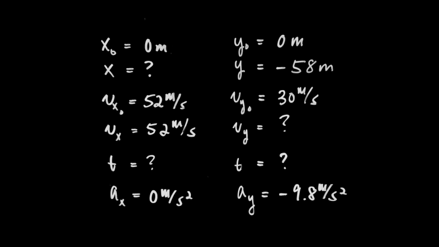It's a common mistake to force that to be 0 just because, and then the problem can't be solved, right? You'll get all kinds of nonsense out of your equations. That's never going to work. So it's really important to realize that I don't know that quantity. Time, I didn't know it on the x-axis. I don't know it on the y-axis. Acceleration, I don't even have to think about it. The acceleration is caused by the influence of gravity, which creates an acceleration of negative 9.8 meters per second squared. I've written it negative because I chose upward to be positive. Done. I don't even have to think about it. That's what it is. And so I've come to the end of my list making,